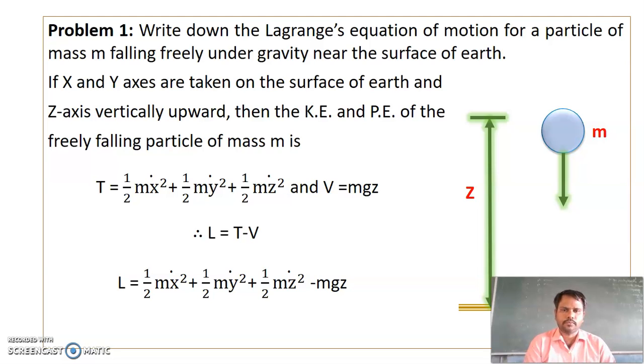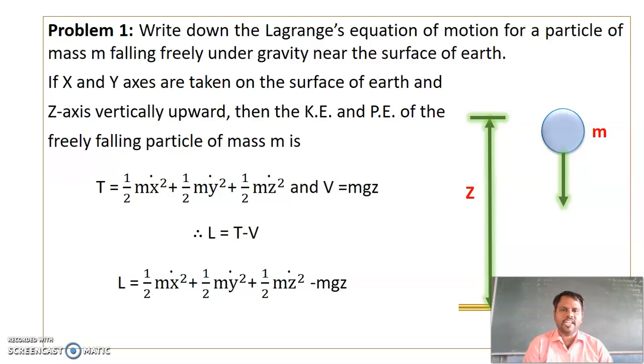Problem number 1. Write down the Lagrangian equation of motion for a particle of mass m falling freely under the gravity near the surface of Earth. Let us consider a body of mass m falling freely under gravity near the surface of Earth. If x and y axes are taken on the surface of the Earth, then z axis is vertically upward,